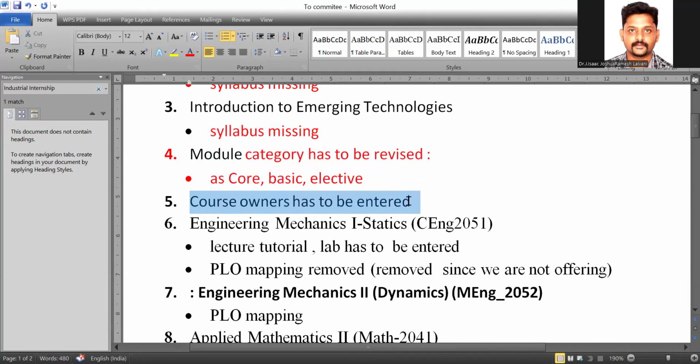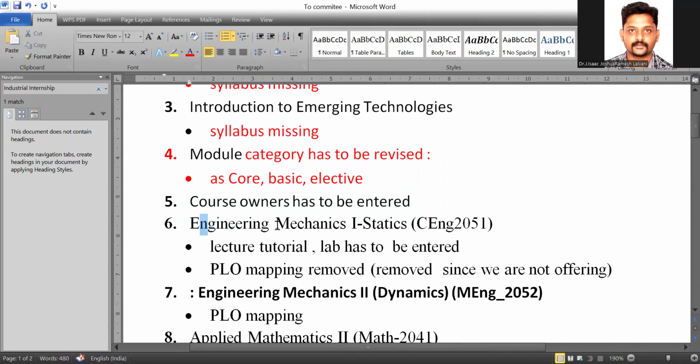And course owners, I don't know. In some courses it is given faculty wise, and in some of our courses it is given chair wise. So it is better to just get the document. I think Mr. Shifarao has that document, and Mr. Atikrit also has it. In one meeting Shifarao said he has that document, but he didn't share it. So based upon that document, course owners can be entered for our courses.